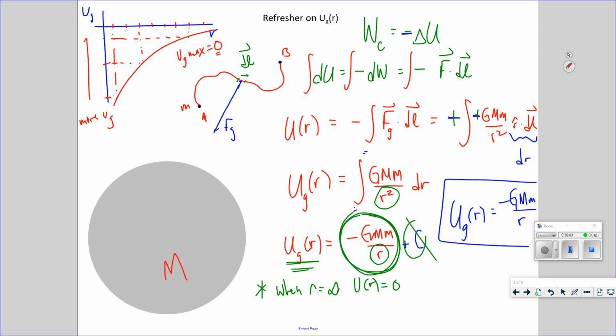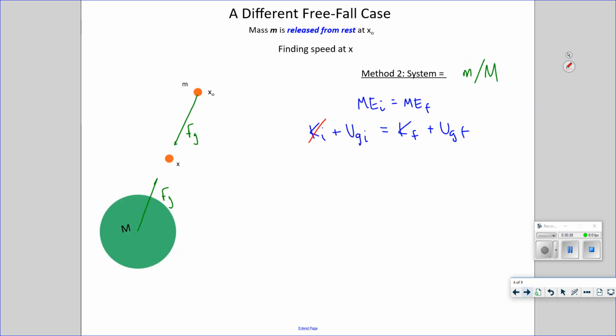So the negative here allows us to say that as things get farther apart, and take that in the scale of this room, right? Take an object, lift it up. Sure, there's more gravitational potential energy. It's getting farther away from Earth's center. But the most the object could have, if we kept lifting it up forever, the most gravitational potential energy the Earth-mass system can have is nothing. That's what that negative means. Okay, that allows us to agree on an expression for gravitational potential energy, and that allows us to proceed a little farther here.